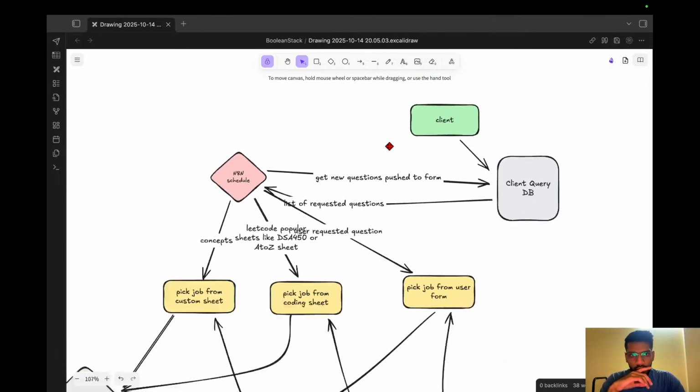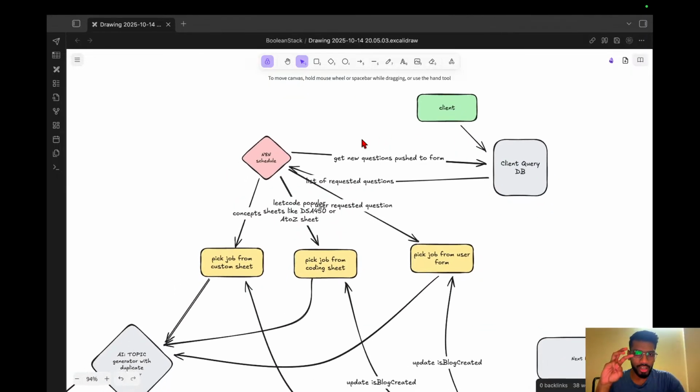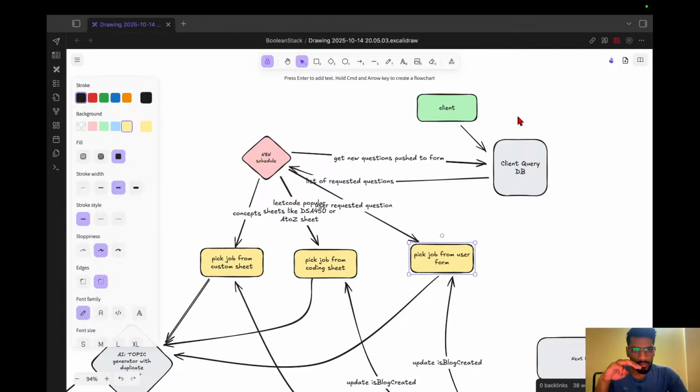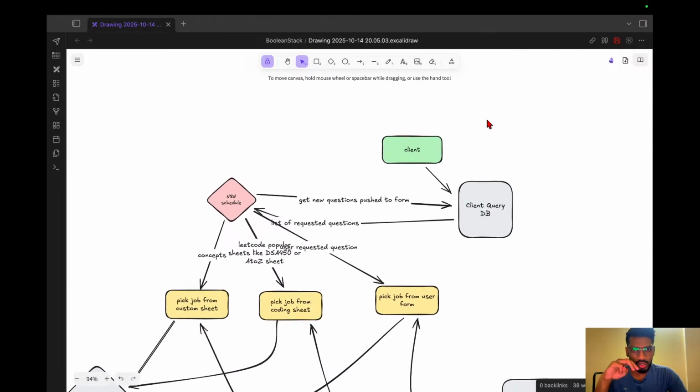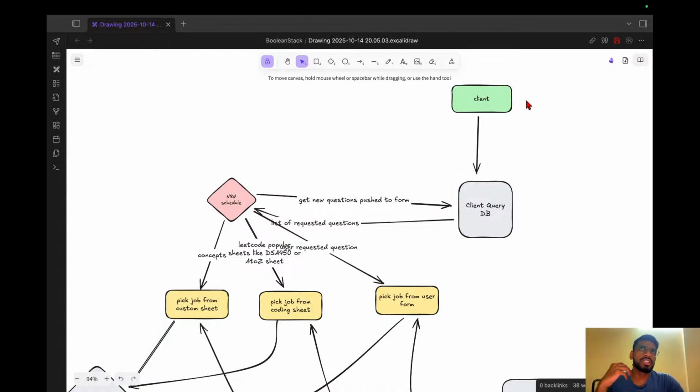Basically, I want to create 3 Google Sheets: Google Sheet number 1, 2, and 3, and we have a client, the user, who is going to make a request. One of the features I want to create is that the client can request some kind of question, because the website will eventually have all the questions and all the visualizations. But if some user requires one right now,